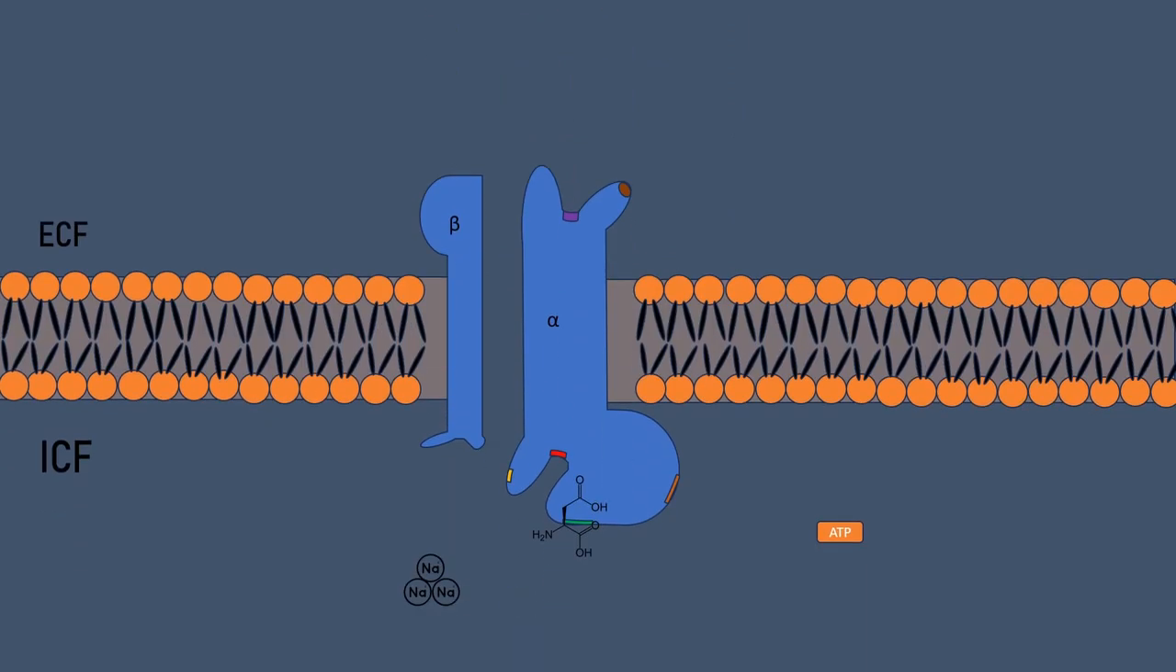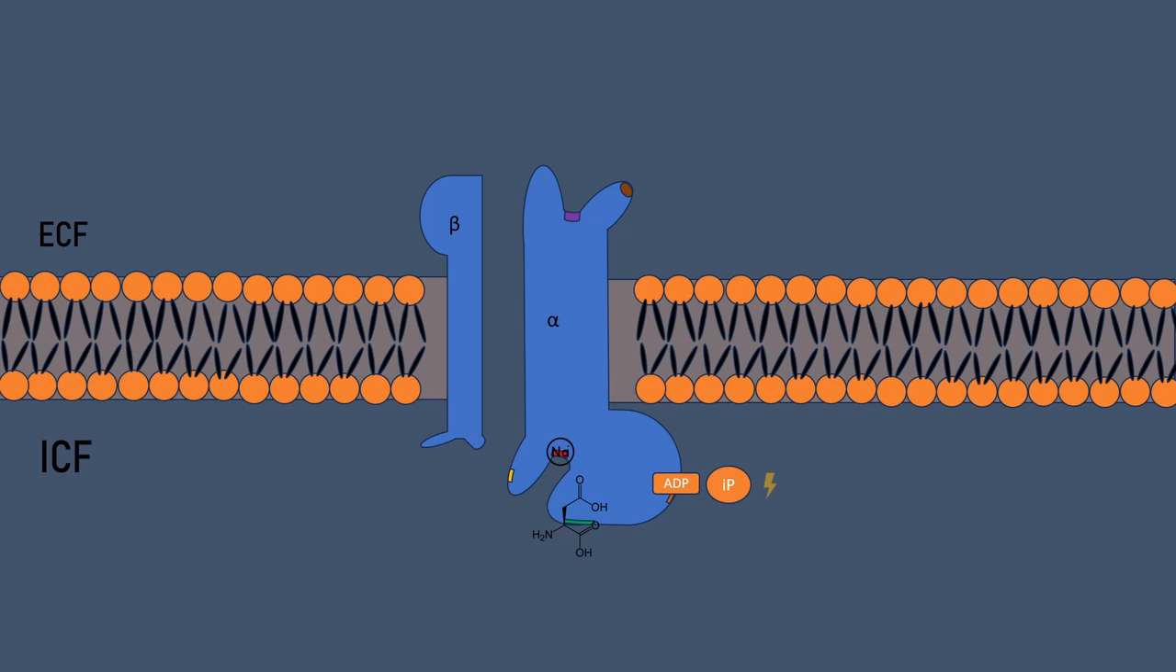Action of sodium potassium pump. The pump is activated when concentration of sodium is increased inside the cell. When activated, 3 sodium ions bind to the sodium binding site and ATP binds to the ATP binding site of the alpha subunit. This ATP is hydrolyzed to ADP and inorganic phosphate, releasing a large amount of energy which is utilized